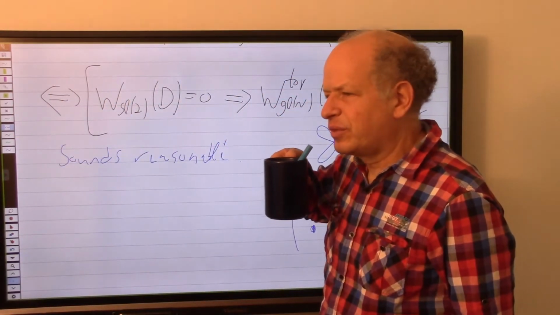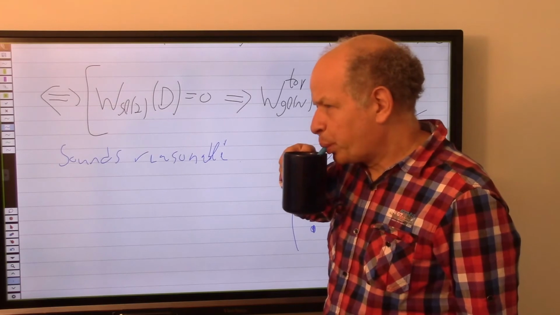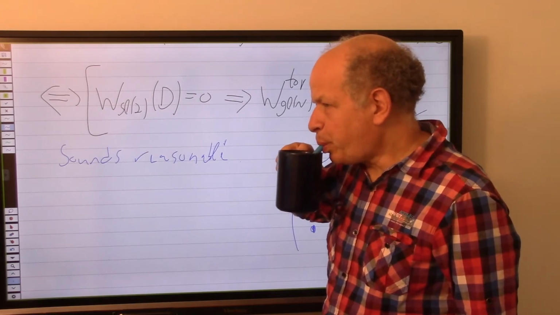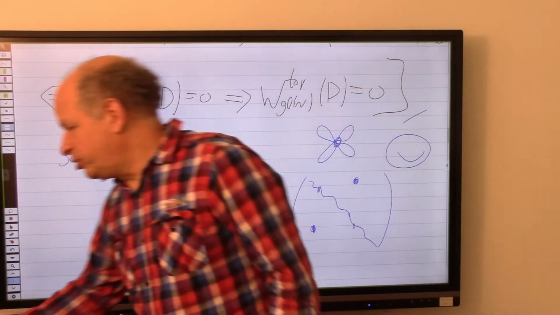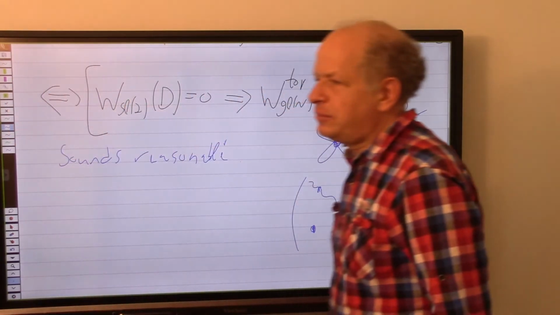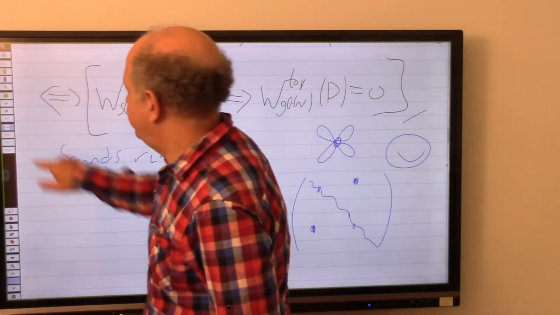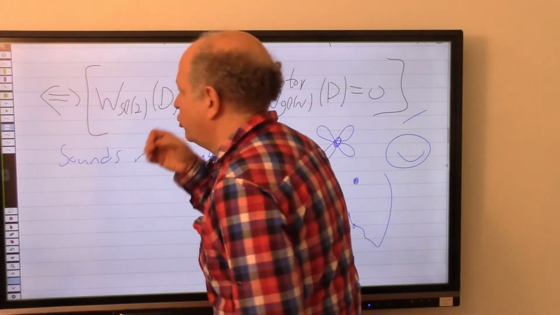I was asking about the planar embeddings. What do you mean by planar embeddings? Ways of putting the diagram in the plane. Oh, okay. So, for example,